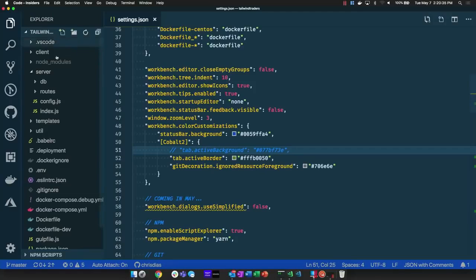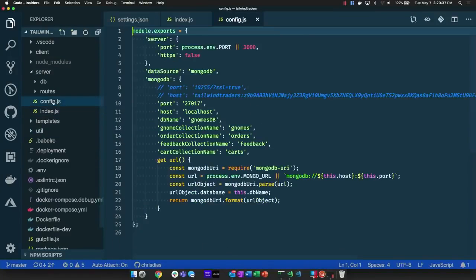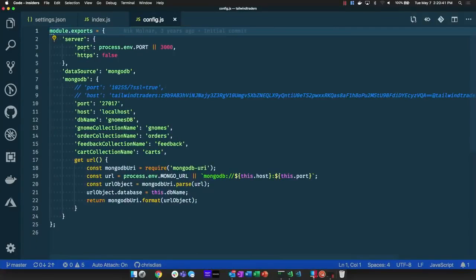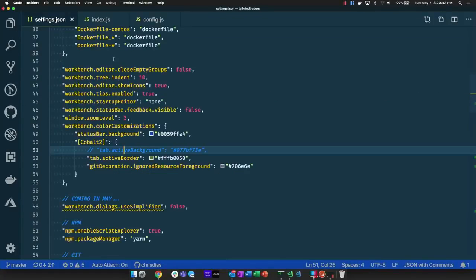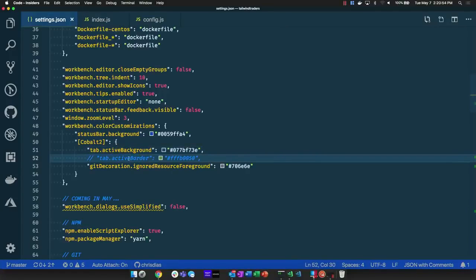Let me open up a couple of other files just so you can see what I mean. So there's a few other files. Close that down. Now you can see by default here, the active tab is actually dark, and to me that looked like it was going in the background. So what I could do is set the background color of the active tab to what I like. I like the thinner border on the active tab. You can see it's a little bit thicker, but probably the most interesting thing for me was this ignore resource